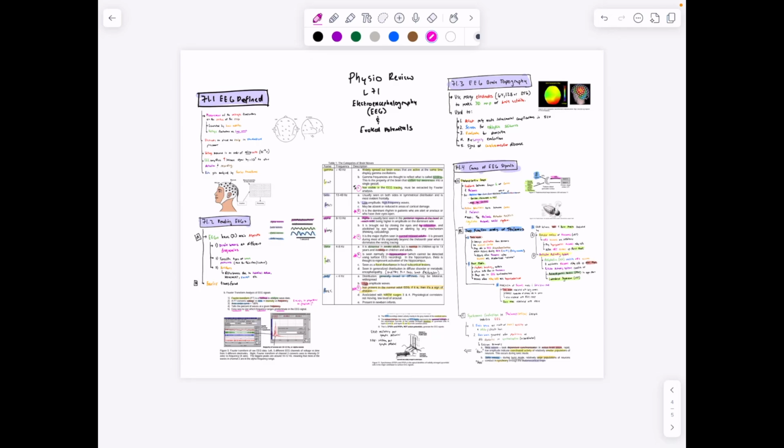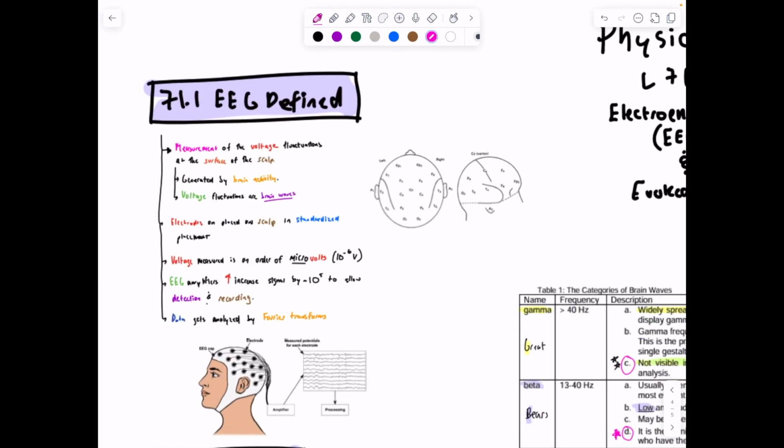Okay, we're back at it, and this is lecture 71 on electroencephalography, EEGs, and evoked potentials, and we're going to look at brainwaves, so it's kind of cool. So generally, the physio lectures are pretty fun, so I like it. Anyways, so we have the EEGs,